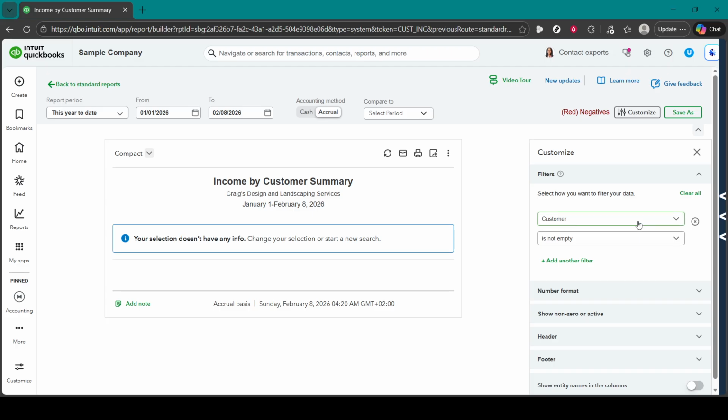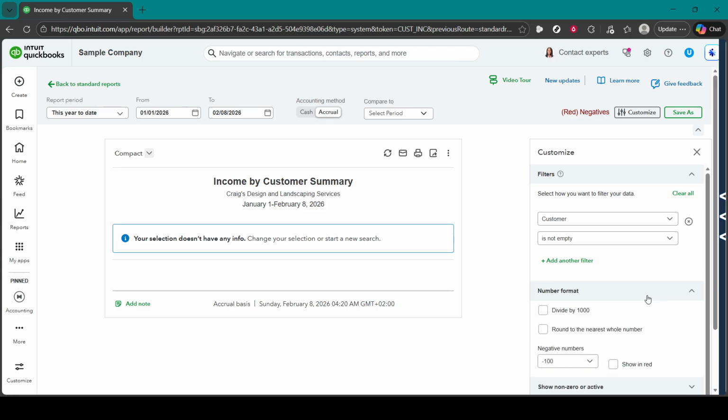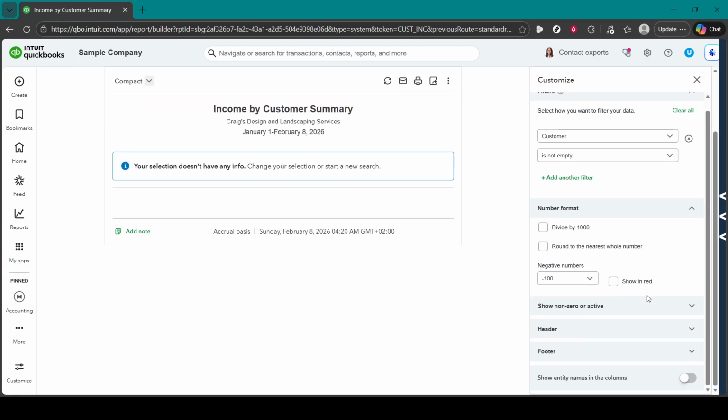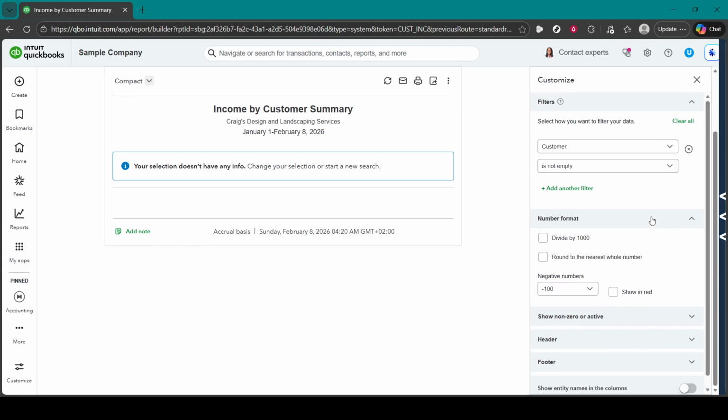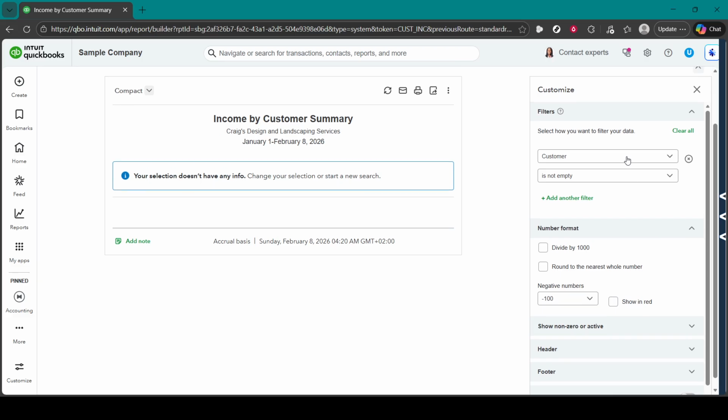Still in Customize, review the rows and columns options to control how the data displays. Filters let you narrow the report to just certain customers or income accounts if you want to focus on a specific segment. Display settings help with sorting, decimals, and other readability tweaks, so the report is easy to scan and